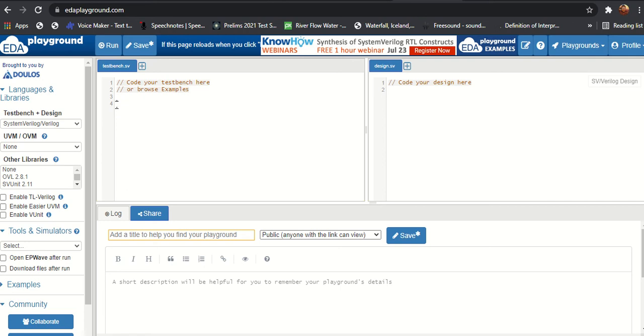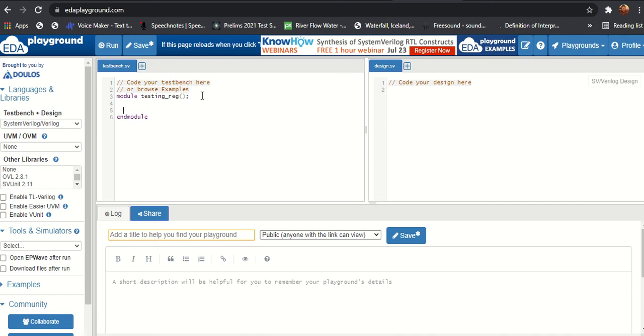So I am writing this program as I do always. Start with the module, testing, module, testing reg, and endmodule.